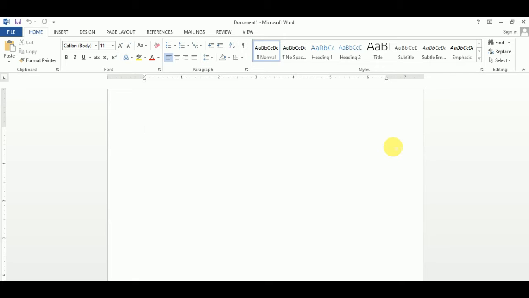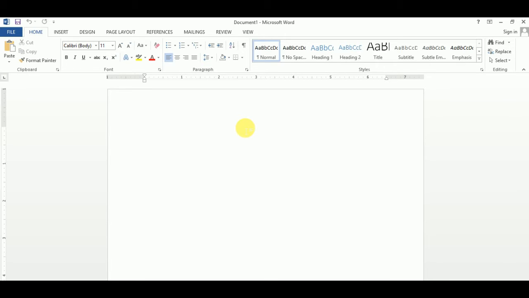Important topic: how to create a header or footer in a Word document. Remember, the header is the top margin of the document and the footer is the bottom margin of the document. Why do we use header and footer in a document? Because of additional information of the document, like page number, date and footnote or any text. You can insert any text, date or page number in your Word document.